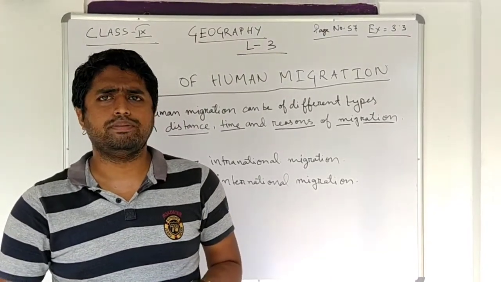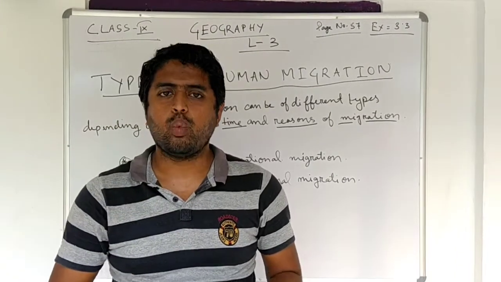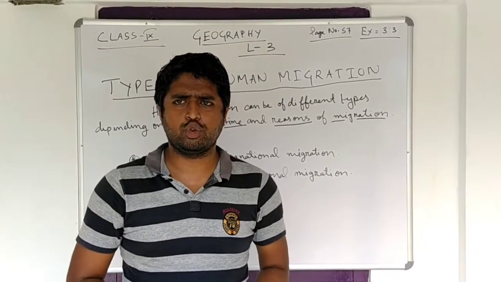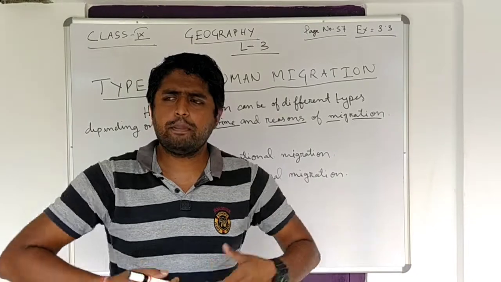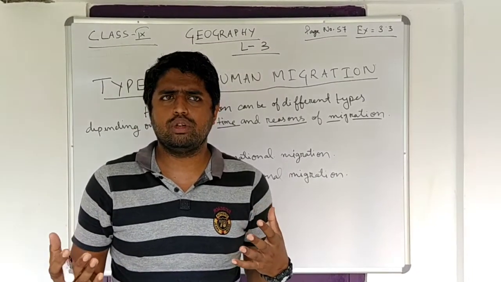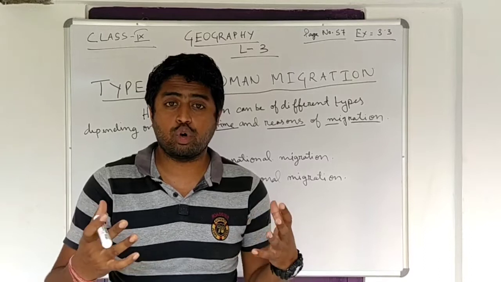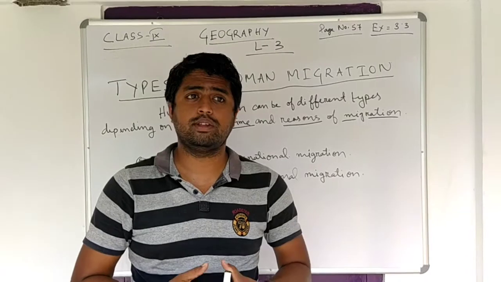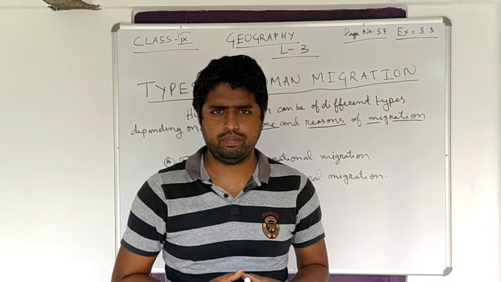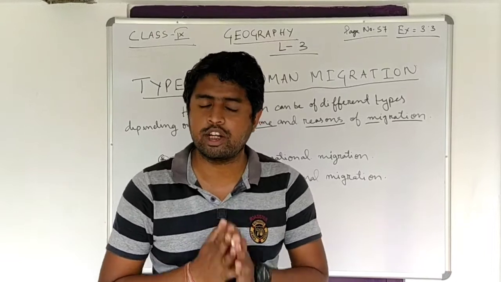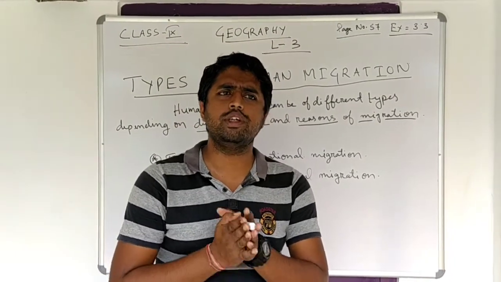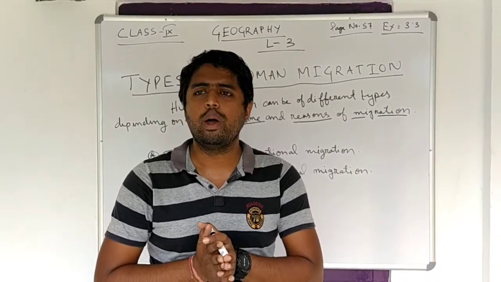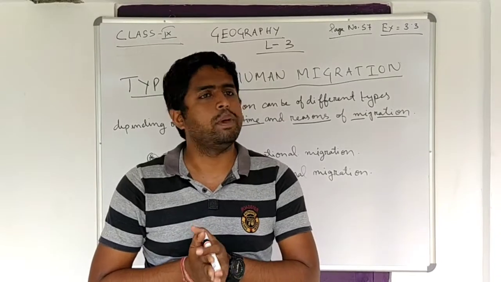Next we have social migration. What is social migration? There are many factors which we can classify as social migration. Suppose a country is going through a war. You can understand what war brings. War brings destruction. It does not bring peace. So a person who is living in a place where war is constantly going on, will people live there or not? People will not live there.